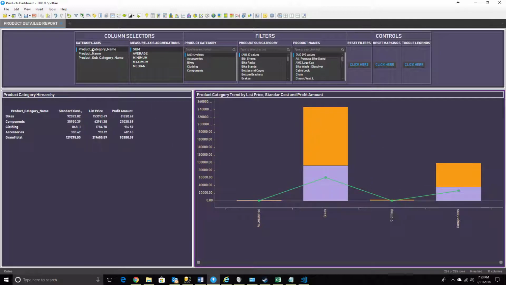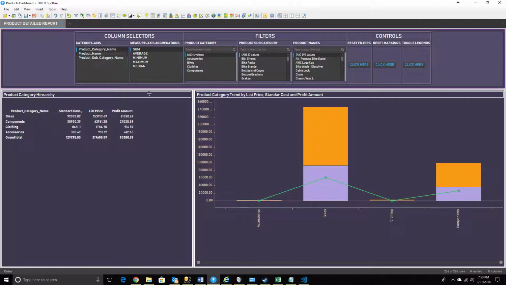So you see here, the moment I selected the product category name, I can see all those product categories trends, and here I can see in numbers actually what is my bike standard cost. This is the overall standard cost for bikes, right? For all bikes, let's say it can be mountain bikes, touring bikes, road bikes, all the stuff, right? So this is the standard price, and you can see the hierarchy for the bikes,